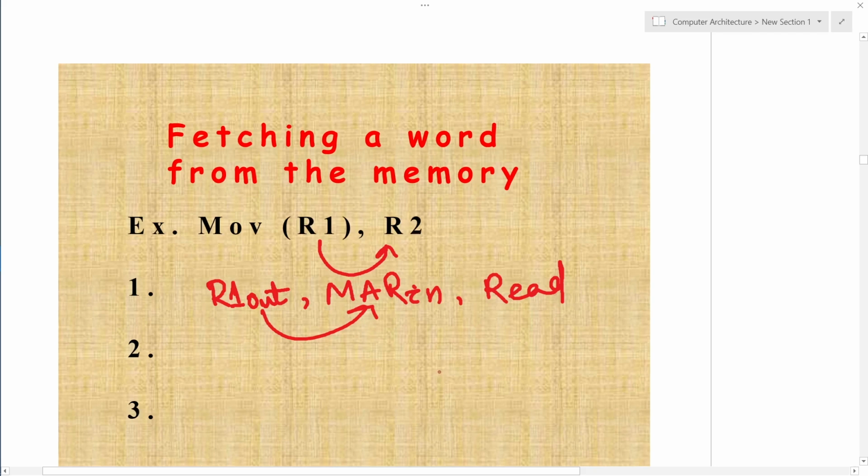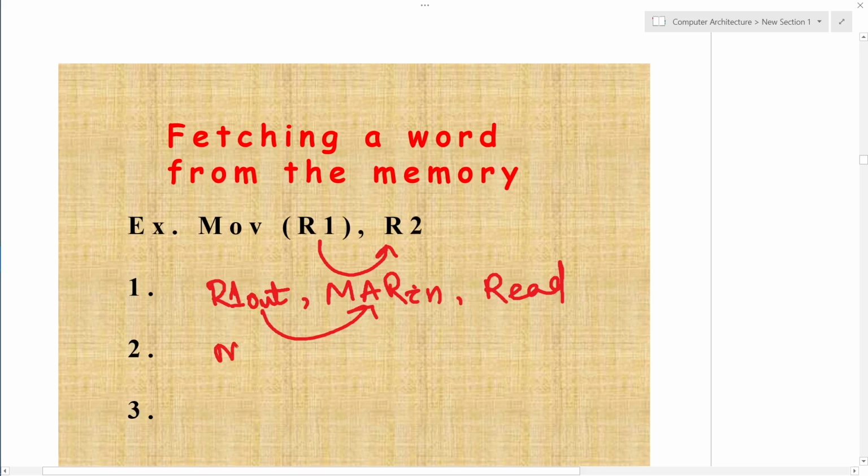And once this step is complete, then what is presently available at MAR, the content from that location, the information will be delivered to be available at MDR.